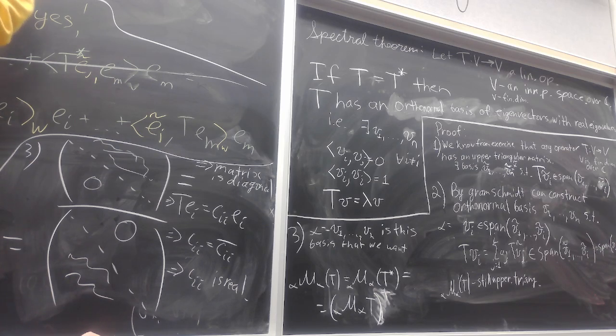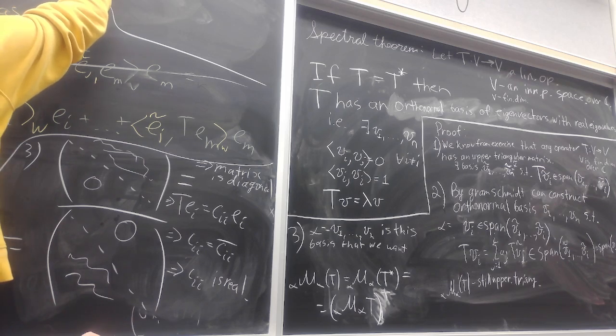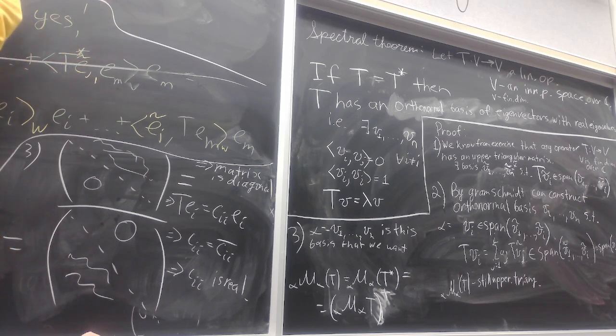Let V be an inner product space. Let T be an operator on V, a linear operator on V. That's what this means, linear operator on V. So a definition: T is called